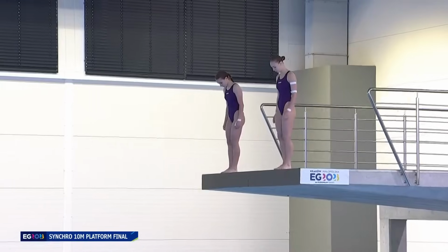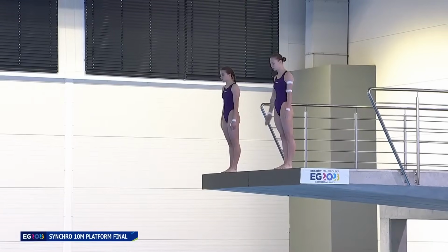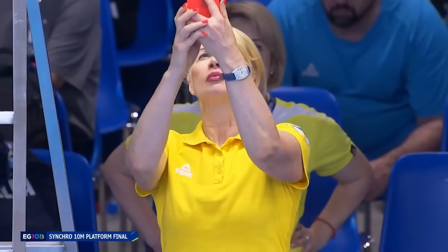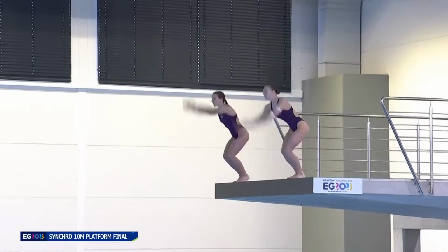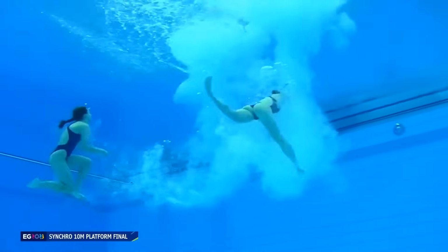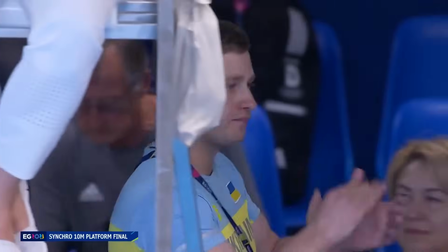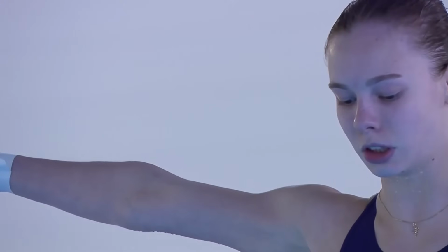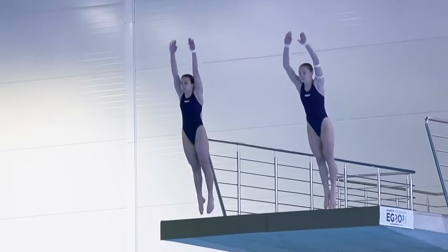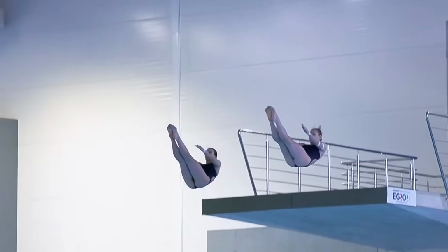Team Ukraine, Ksenia and Sofia were in 4th place after the first dive. And they do an excellent job here. Very good timing, slightly different distance from the platform for the 2 divers. Ksenia on the right